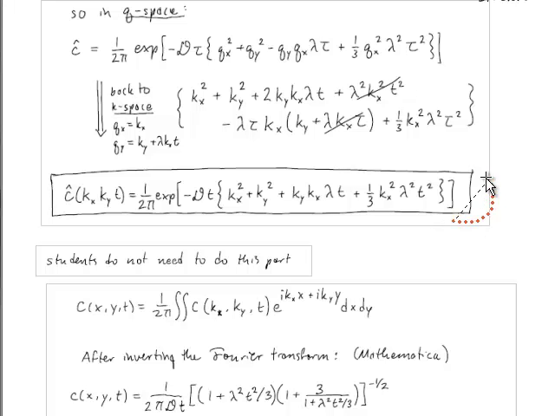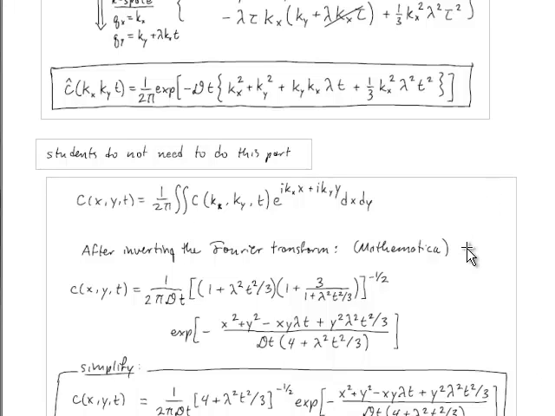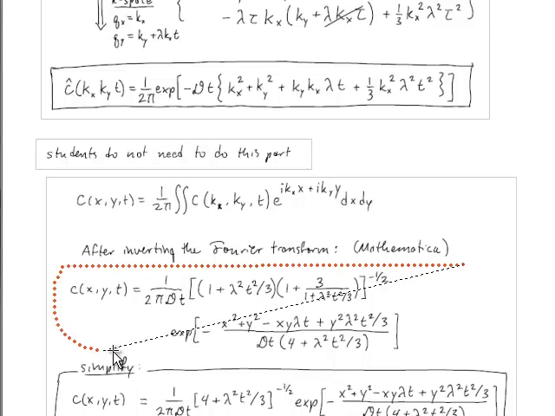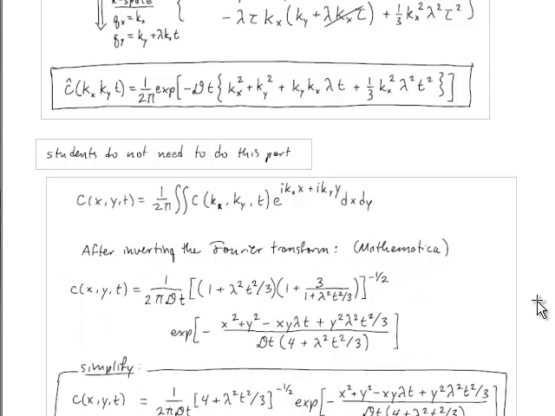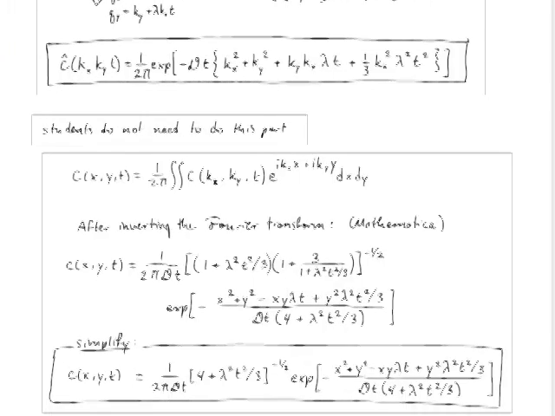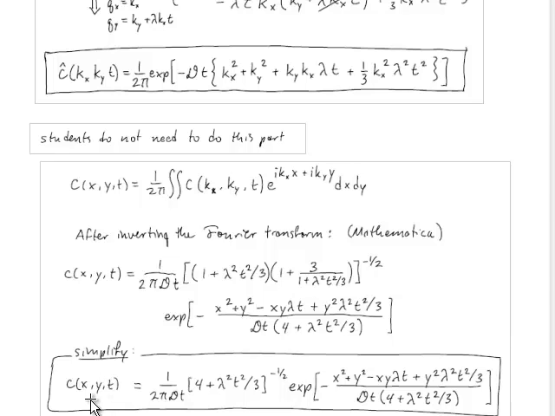That is the thing in a box here. That is a solution in terms of kx, ky, and t. And now the last step is to invert the Fourier transform and recover the solution in x, y, and t. Okay? So Mathematica, I mentioned, can do this, and the inverse Fourier transform comes out to be this expression here, which can be slightly simplified to give you this final answer. C of x, y, and t looks like something like your usual diffusion Green's function,